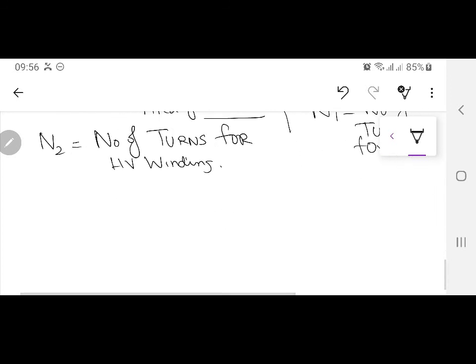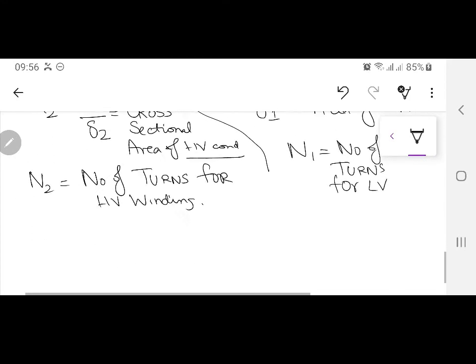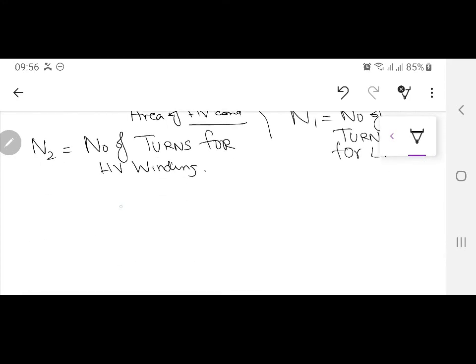Now when you have all these variables over here, A1, A2, delta 1, delta 2, there is a term S. What is S? I am talking about the power triangle. Apparent power, the total power handling capacity, the VA term of this transformer. Now this is a single phase transformer, so this is going to be V cross I. It can be V1 and I1, or it can be V2, I2, it's totally up to you. I am writing it in terms of V1, I1. And since I require this in kVA, I am multiplying it by 10 raised to power minus 3.